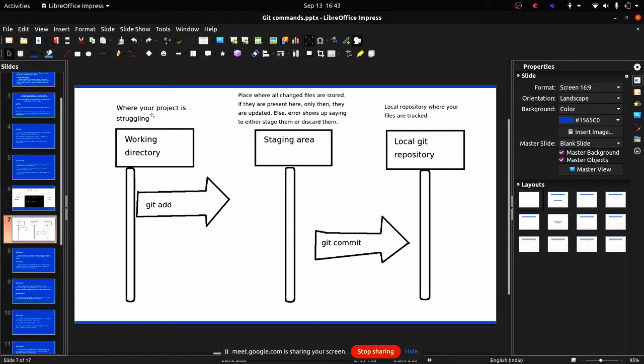In this particular area you can do two things. One, you can use git commit and commit all the changes to the repository, or you can use git rm to remove all the files within the staging area, so they won't be tracked. Okay guys, so once you have used the git commit command, all the files will be added to the local git repository which you have created, and voila, all the files will be tracked, and whatever changes you make will be shown right away.